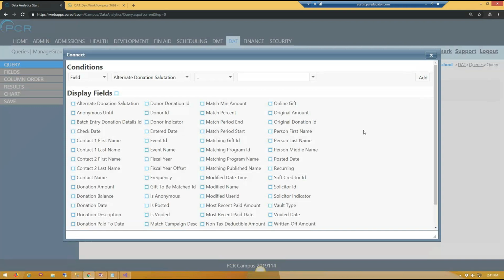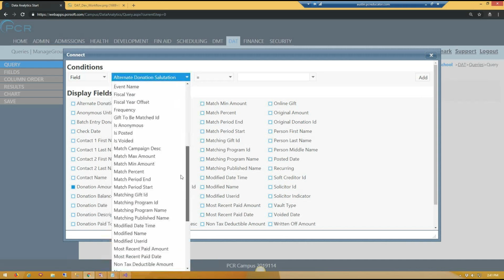Now that I have the donation table, my goal is to know, in a separate column, for each fiscal year what the sum of the donation amount is. So I'm going to check the donation amount. That's fine. And then I have a couple of fields: there's a fiscal year, and then there's a fiscal year offset. I want to show you what the difference between the two is and why I would use fiscal year offset and not fiscal year. So when I go to fiscal year,